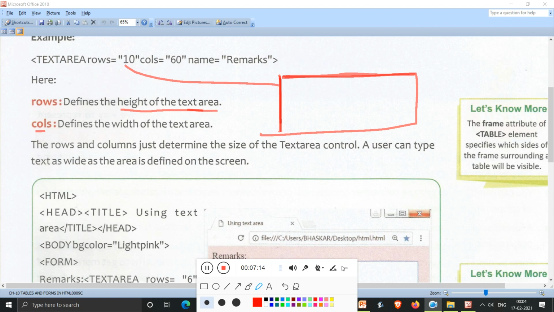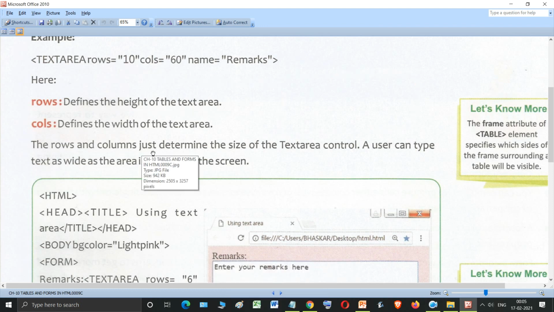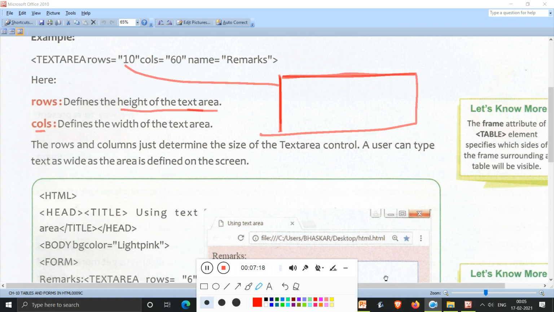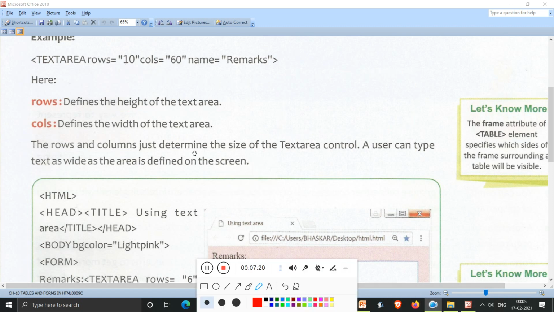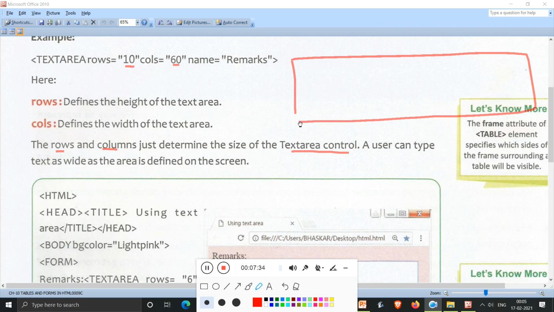Now, the rows and columns just determine the size of the text area control. That means the rows and columns will determine the size of your box. The more rows and the more columns, the bigger your text area will be. Okay, students. So if you want to create a bigger area, you need to increase the value of rows and columns.